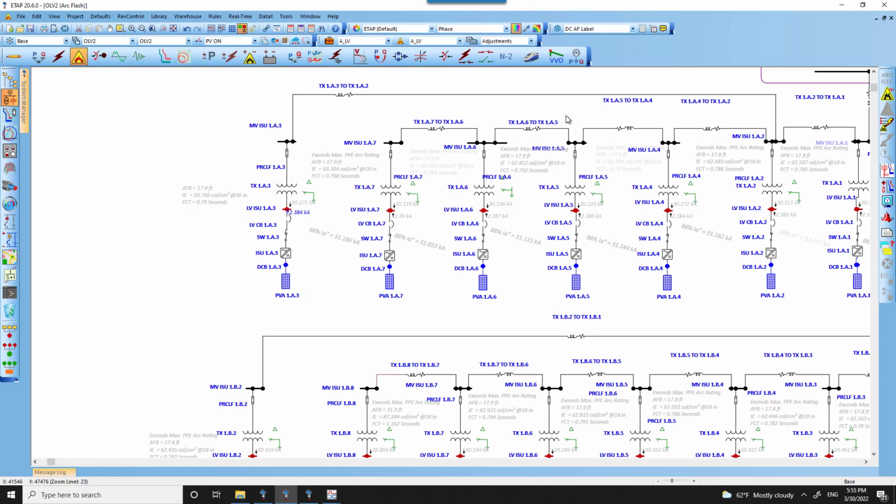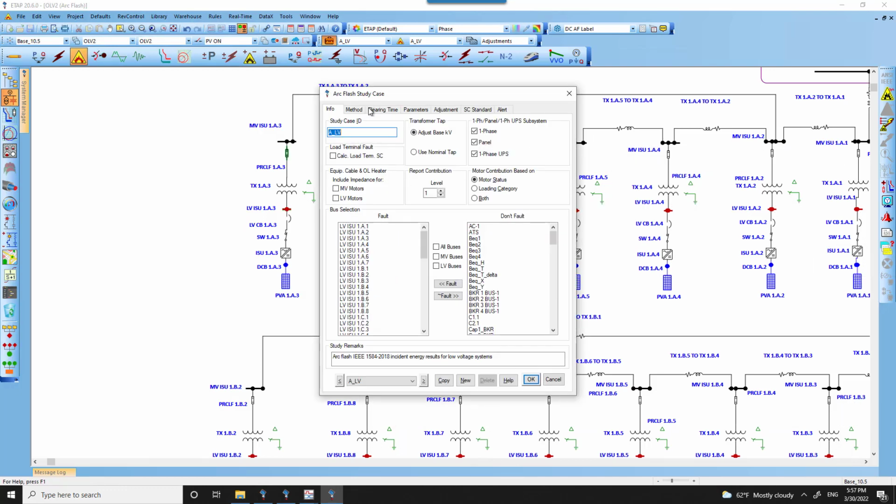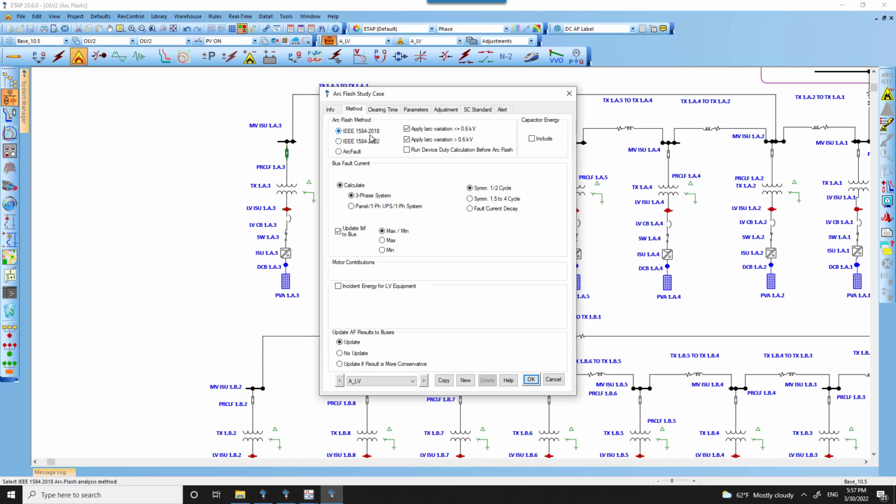However, we did evaluate the incident energy based on the original setting that we had, which would give you a value of about 40 calories per centimeter square. As per the project settings, we had the 1584-2018 method selected with the arc current variation applied. Although the protection seems to be pretty solid with respect to the short circuit current, the nonlinearity of the arcing